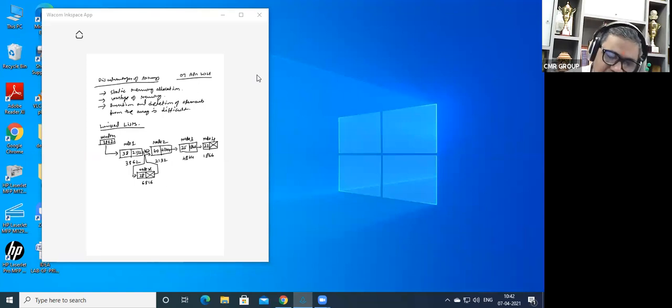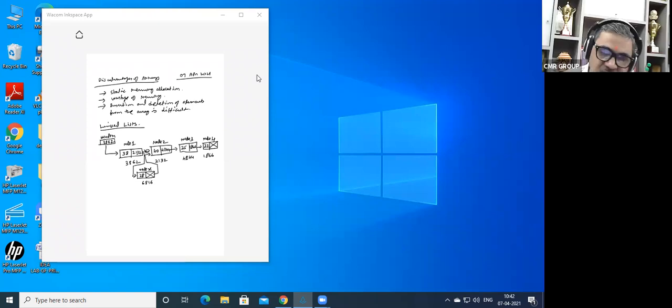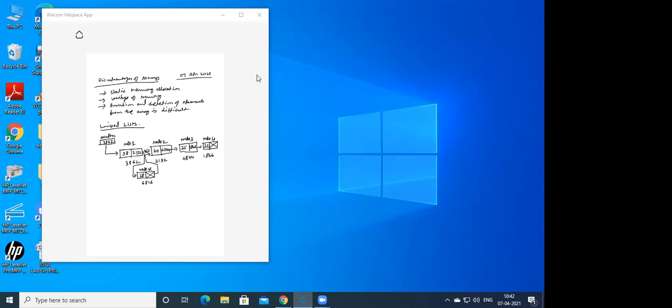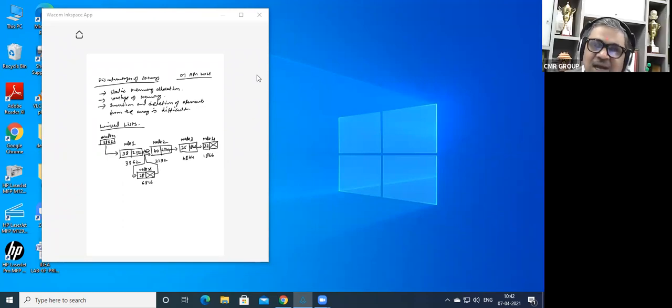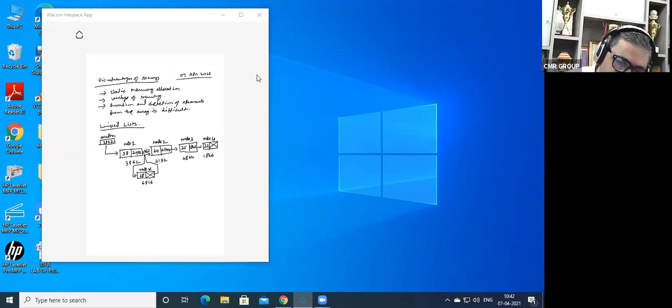So when we link this, what is the node coming after node 1? Is it node 2 or node X? We inserted node X. So what is the address of node X? 6816. So what should be written in the address field of node 1 now? 6816. So 2132 is going to be overwritten with 6816.